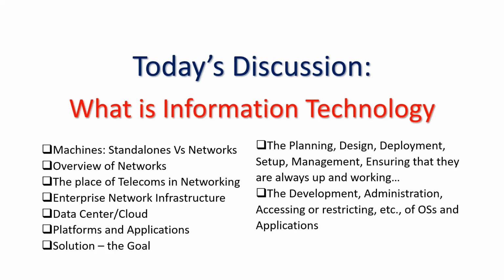resource. All right. In big networks, these resources could be very many and of different types. On small networks, it could just be data. It could just be sharing of internet. It could just be sharing of printers. In information technology, we refer to small networks as SOHO, or small office networks, and we refer to big networks as enterprise. Right?